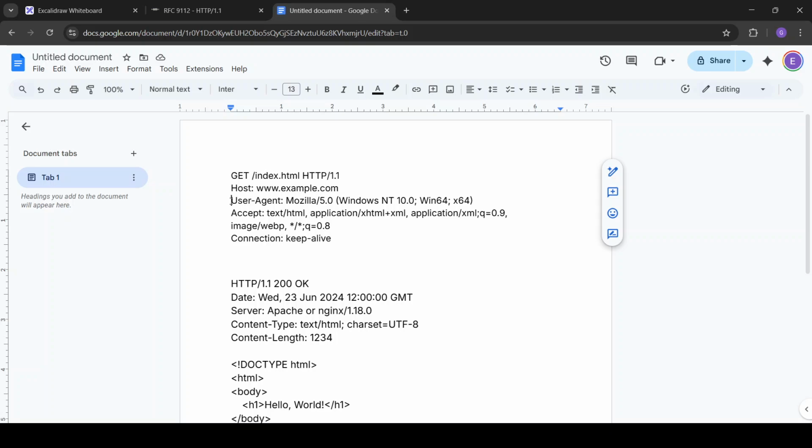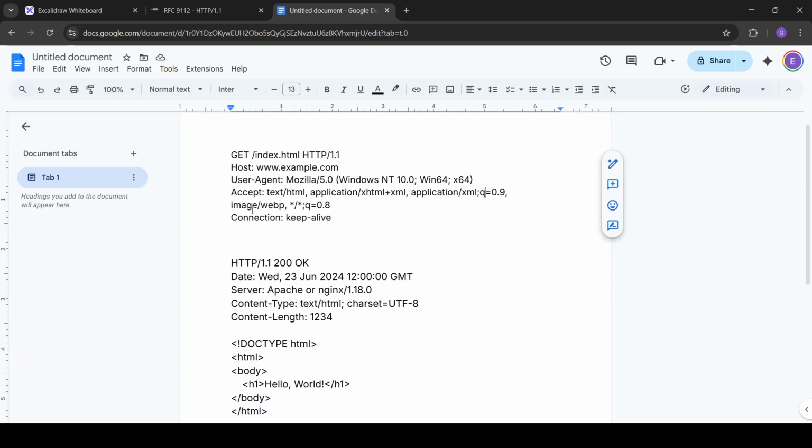you use. Then the user agent, which is basically just a specification of your device. So this would be the browser you're using, in this case Firefox. So if it were Google, it would say Chromium here, Windows, and the Windows architecture, except so this is the applications it will run. So it's HTML, and it would also accept images, and then the connection type, which is keep alive, and then